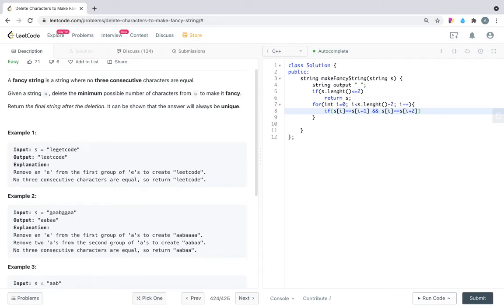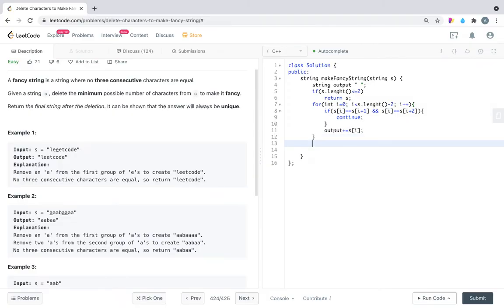In this case we are not going to append, we'll just continue the loop. Otherwise, we will append s of i to the output string: output plus equals s of i.